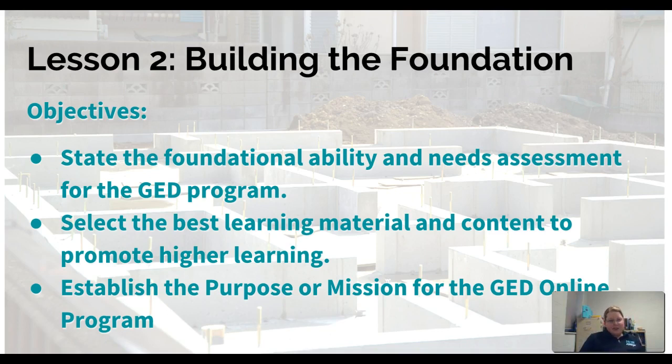Lesson 2 is building the foundation. This is where we go into the analysis. We backtrack into that first step. We want to build that foundation of the needs and the ability that the students have, and get an assessment format established for the program. Then we want to select the best learning material and content to use, and make sure that we have an established purpose or mission for our program, and that our students are aware of what our overall goal is for having this online program, and making sure our instructors